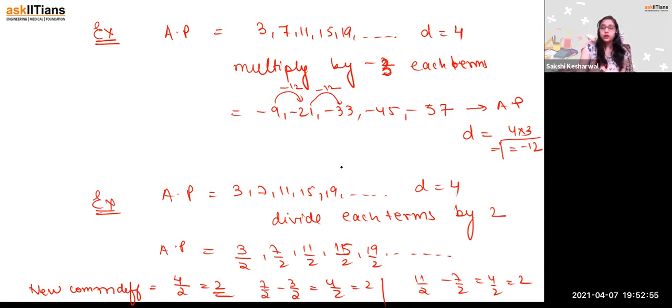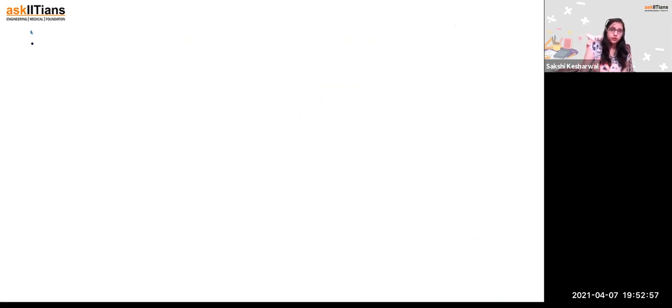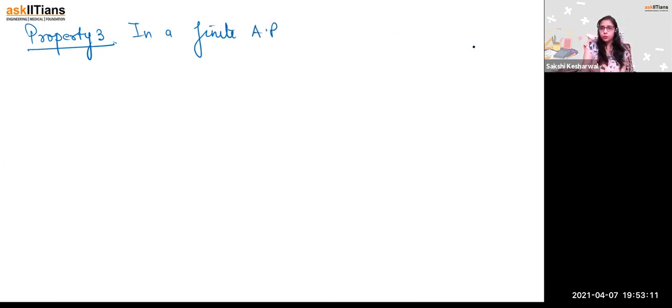Done writing? Okay, now let's see property number 3. What does property 3 say? First you write down the statement and then I'll explain it to you properly, right? Property 3 says: in a finite AP,